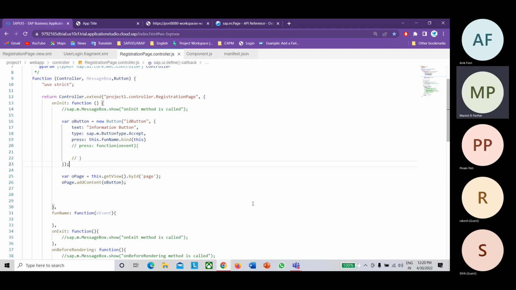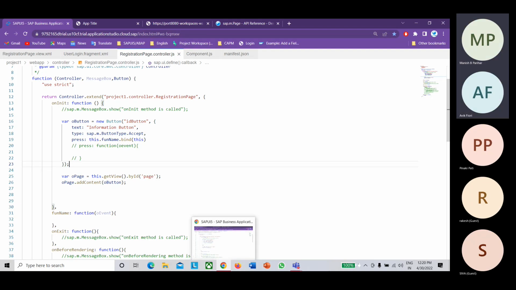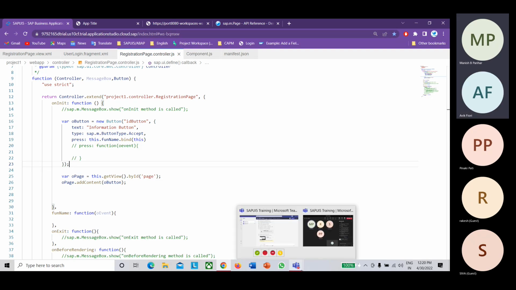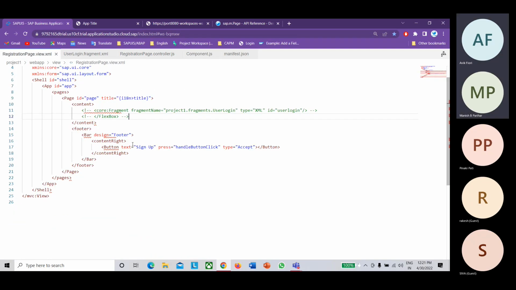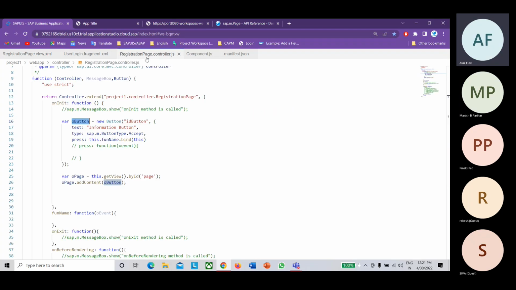So what is the purpose of writing in the controller? In the controller we can define methods and functions, validations, and perform certain actions. So why do we need to define the button in the controller? According to the condition, let's say instead of a button, you want to add another control, a segmented button. How will you add that inside the XML? Can you add the if condition there? In that case, we can prefer the controller.